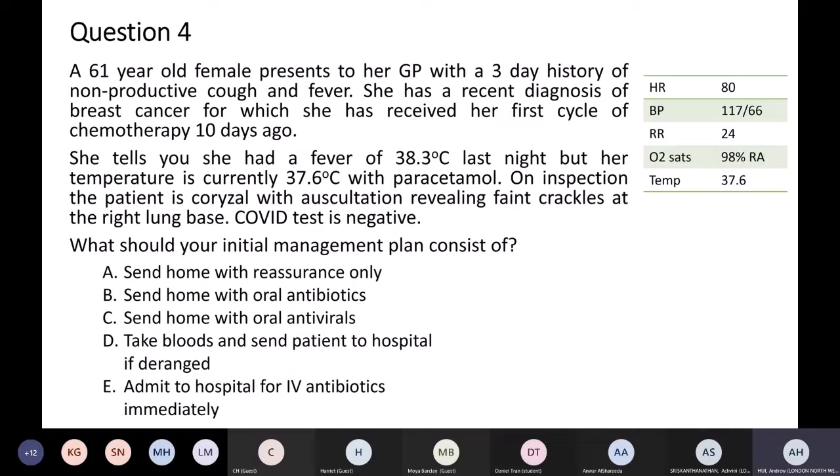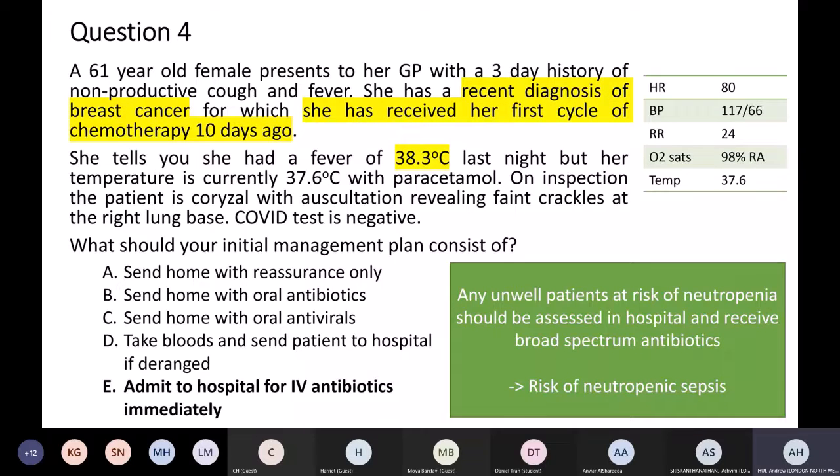Okay, some very fast answers here, all at ease. Okay, that's very good. So, of course, the answer is E. So this question,